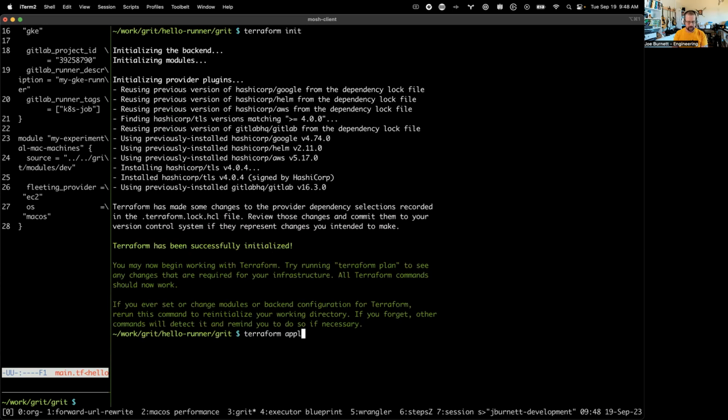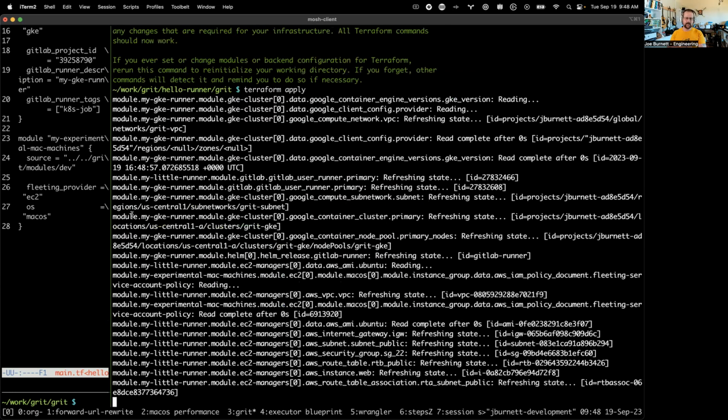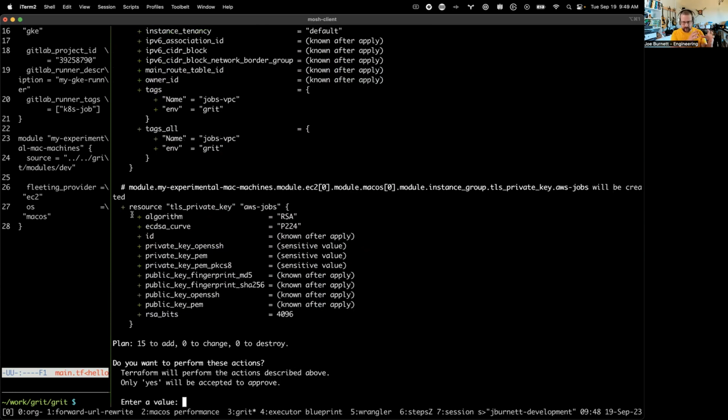And I'm going to apply, and it's going to create something. It's actually going to create a lot of stuff. A Mac setup, like what we have on GitLab.com, is really complicated because Macs in AWS are dedicated machines, but they're slow to come and go. So we need to run VMs inside of them. So we actually have a special agent that we install called nesting that starts and stops VMs where we run